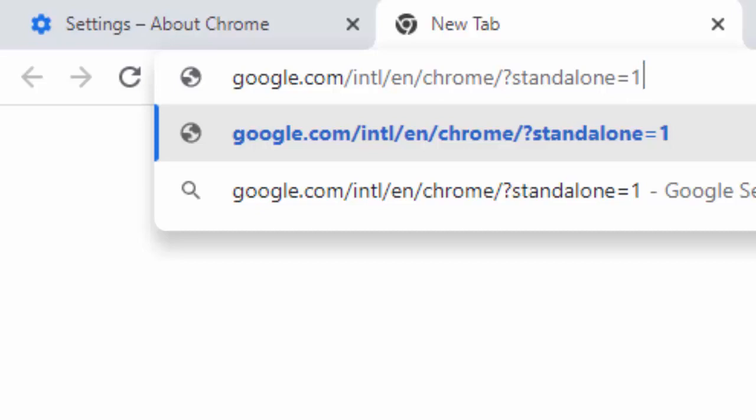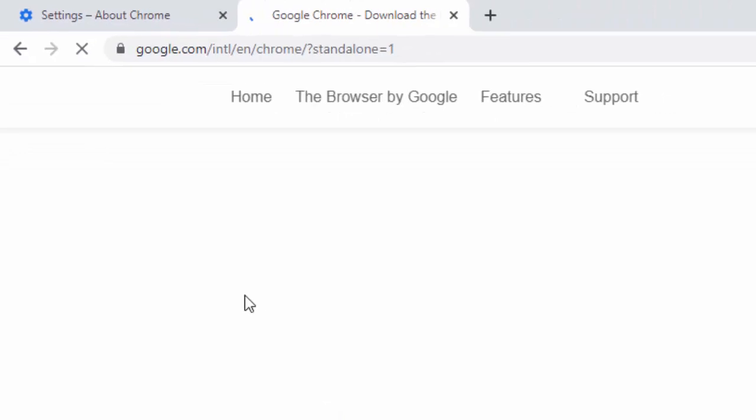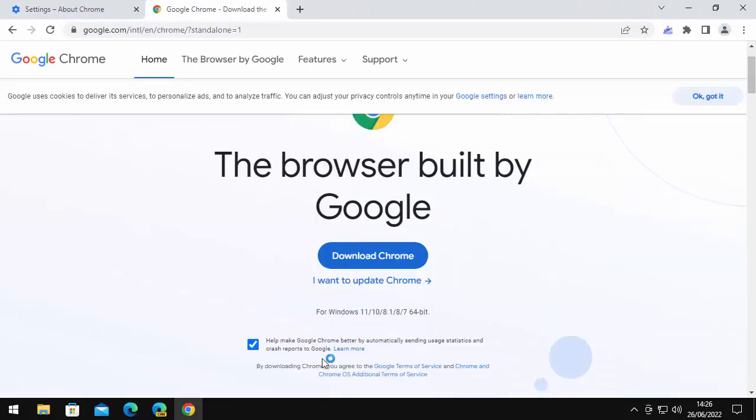Once you've typed in that, and as long as you've typed this in correctly, then press enter or return and you should get this screen come up. Scroll down. Okay, now it's up to you whether you leave this tick in the box here to help make Google Chrome better by automatically sending statistics and crash reports to Google. Now I don't usually do this, I untick this, so I'm going to left click once on that, take the tick out there, and then move your mouse over download Chrome,